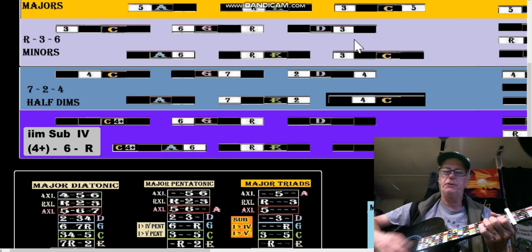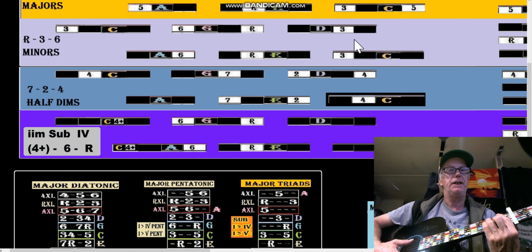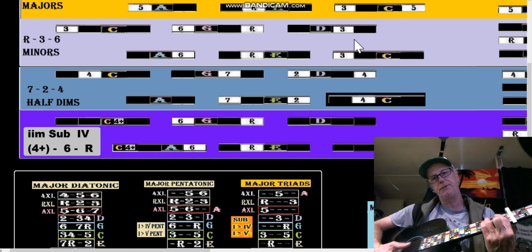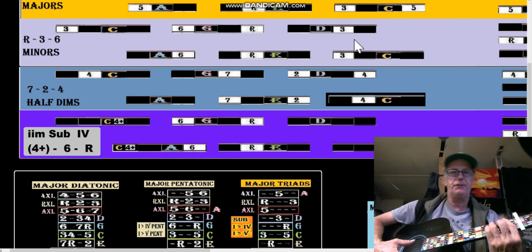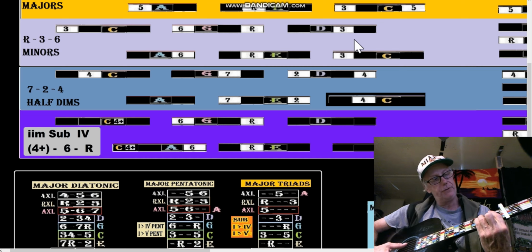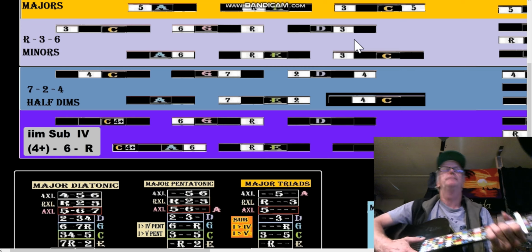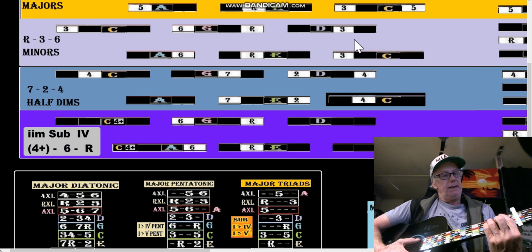C shape goes to F shape. C goes to, it's E shaped rather. Right? C goes to E. E goes to C. C goes to E. Fourth of C is the E shape. Fifth of the E shape's the C shape. Okay. In that E-shaped F,